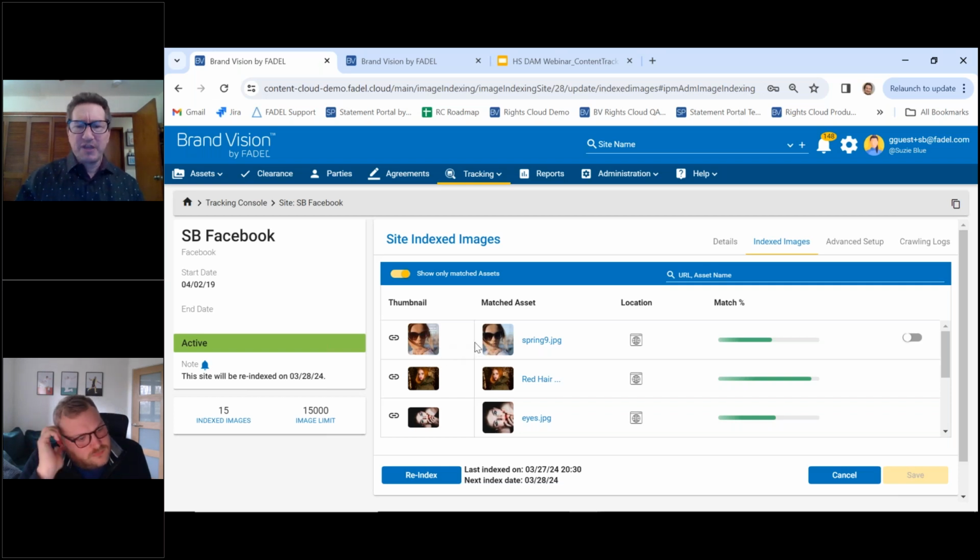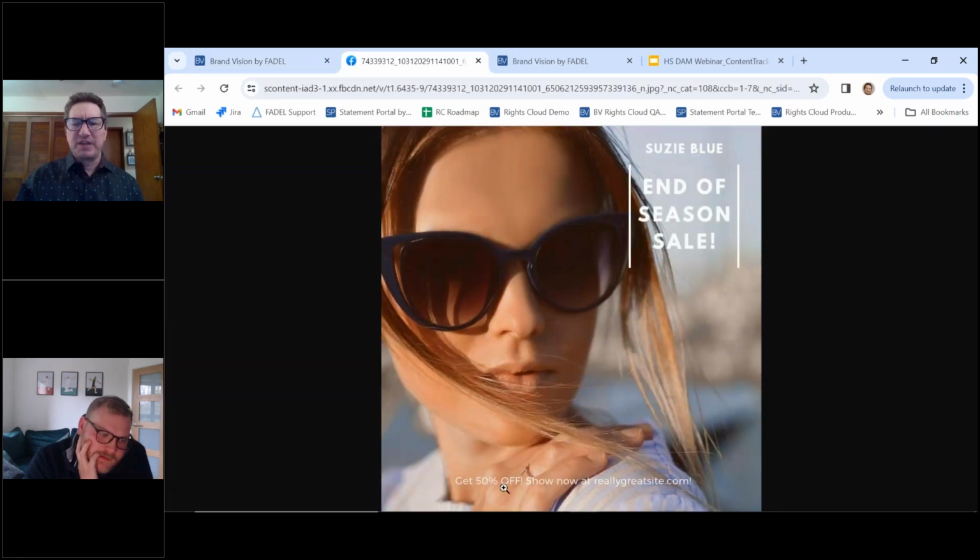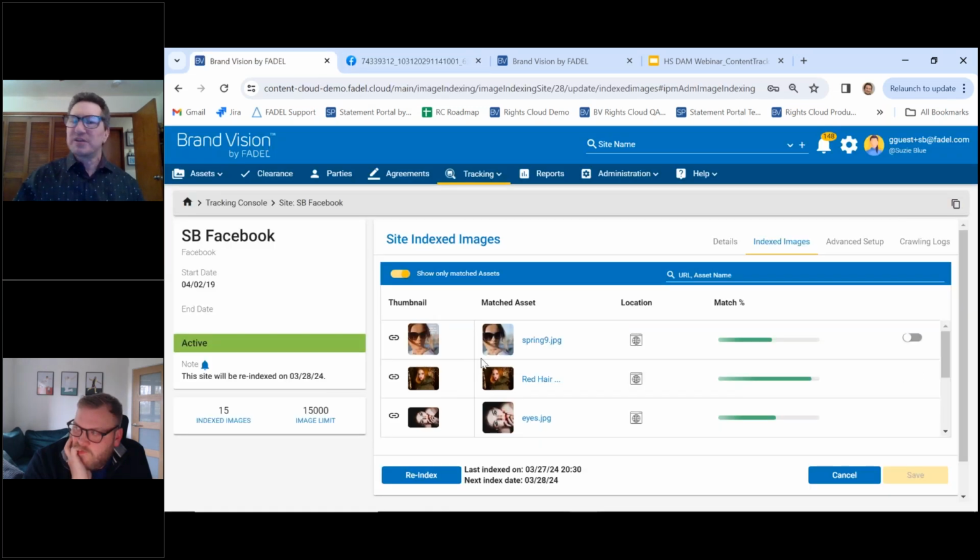Here, for example, you can see that this asset, which is the asset in my DAM, is just the photo of the model, but the one that it actually found has some text overlaid on it and things done to it. Even if it's a transformed image, if there are overlays, if it's cropped, if it's rotated, if the color's changed, the technology is powerful enough to recognize that that's the same image